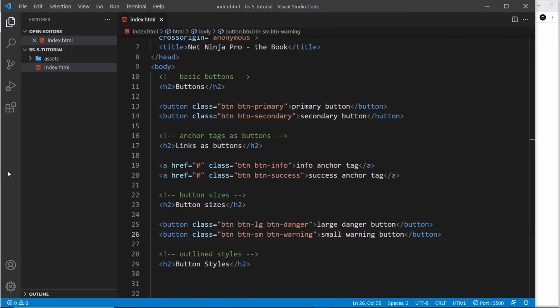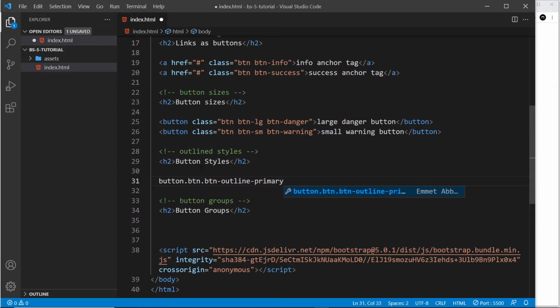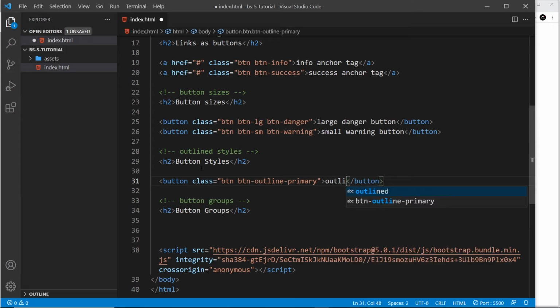Alright, so let's take a look at that, and now we can see we have the large button and the small button. Alright then, so let's take a look at the outlined style. So I'm going to create down here some more buttons, so we'll say button and then .btn, which is the base class, then I'll say btn-outline-whatever color I want it to be, so primary in our case, so that means it's going to be an outline style button, and the outline of the button